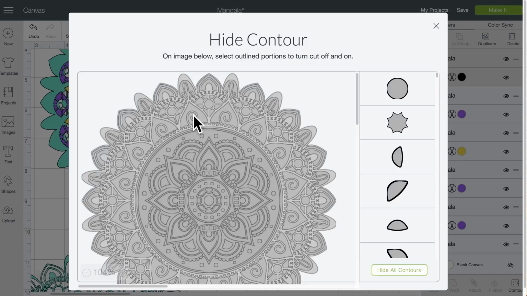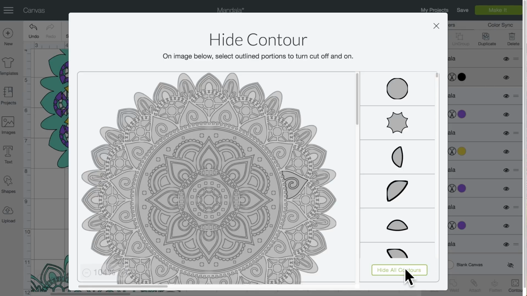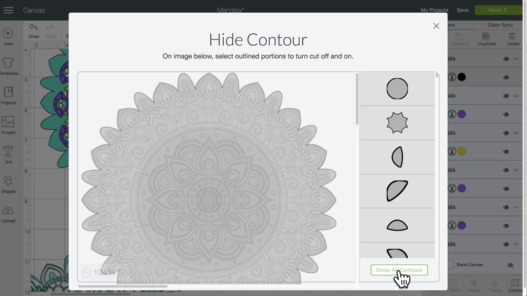There's this way that I'm coloring in the pieces, and then there's other ways to color them. So let me show you that. So first, this is all of this mandala, and I can click these little circles and it takes them away. Oh, my computer's being very slow. The easiest way to do this is to hide everything. Now, when you hide everything, it only shows the outside. But let's say I want